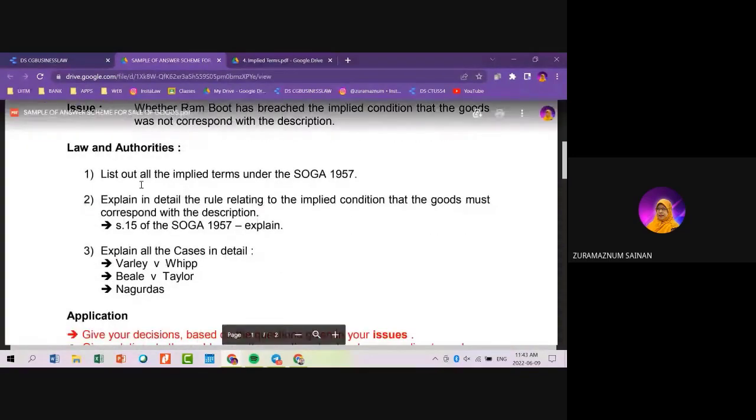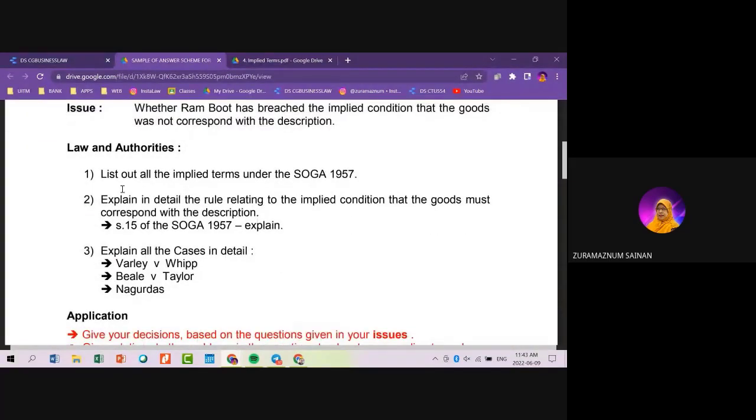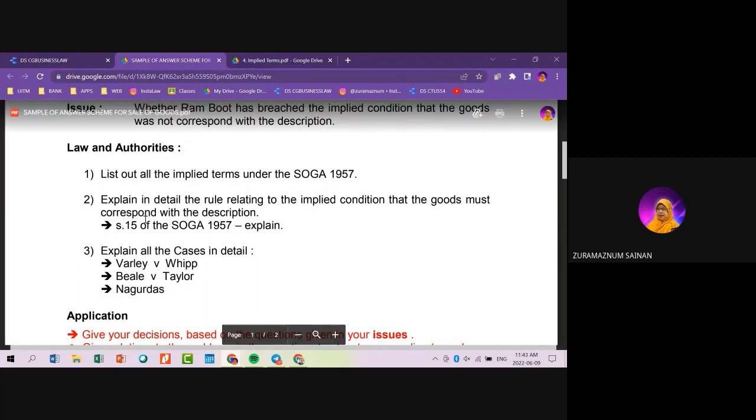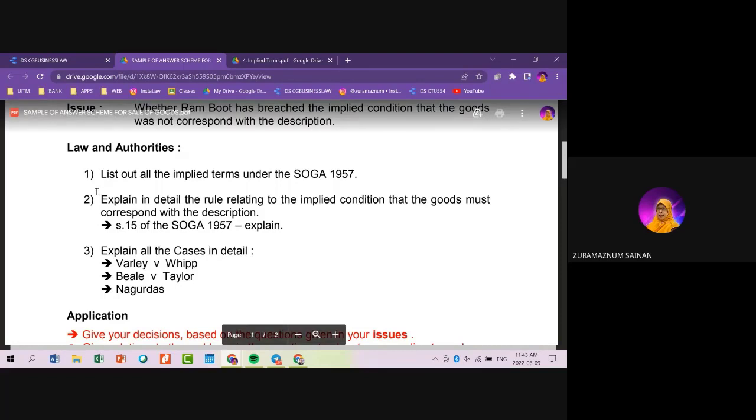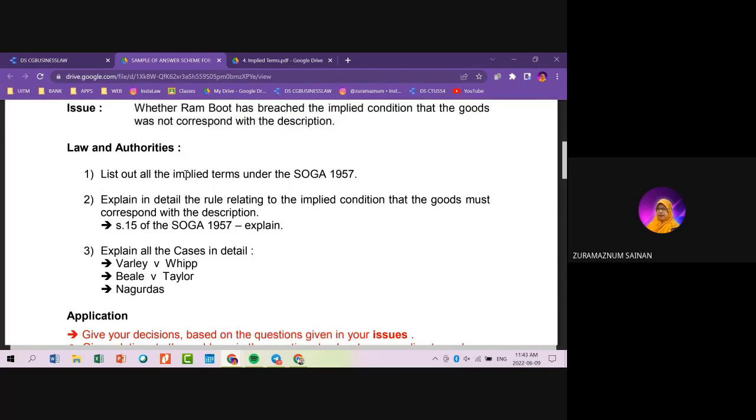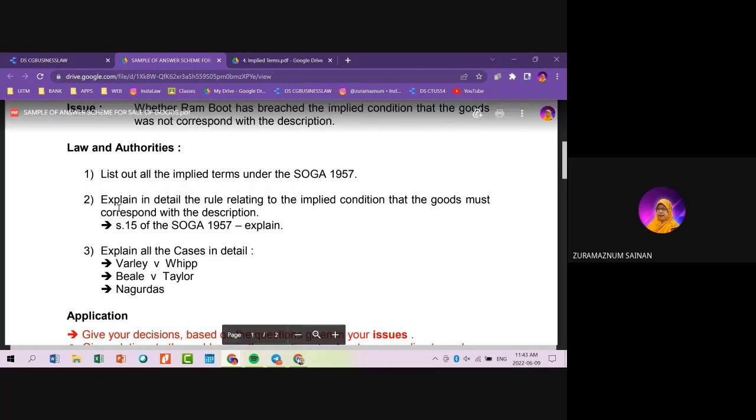Now, law and authorities. Try to see which page, implied terms, what's in the book, come back out. But to start, there must be an introduction. So what is the introduction? You must state that there are 7 implied terms under the SoG. So you give the list of the implied terms. List only, no need to explain. All the 7 implied terms under the SoG. After that, then explain in detail